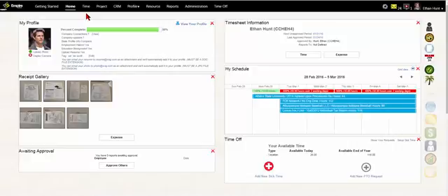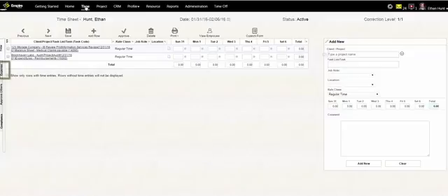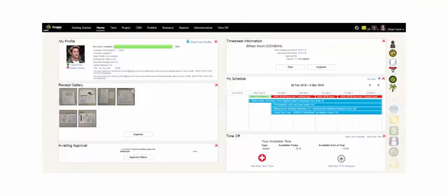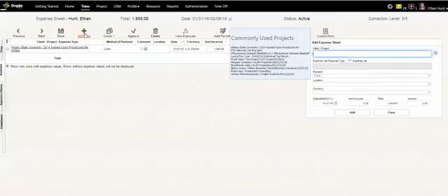Let's begin. First, log into your account. From the home page, click the Time link in the menu bar, and then click the Expense tab. If you have the Timesheet Information portal configured on your homepage, you can click the expense link to go directly to the expense sheet. Click Add Row to add a new expense sheet row so you can begin tracking expenses